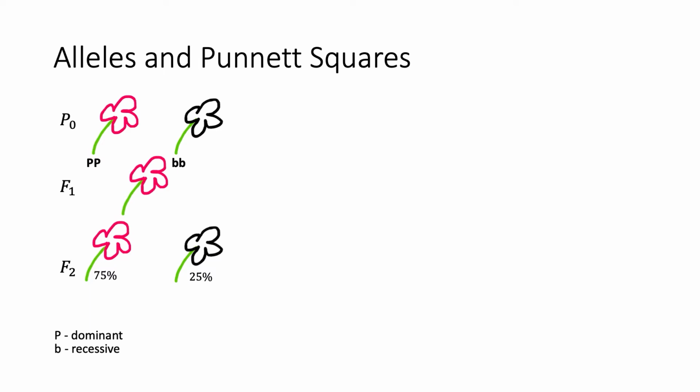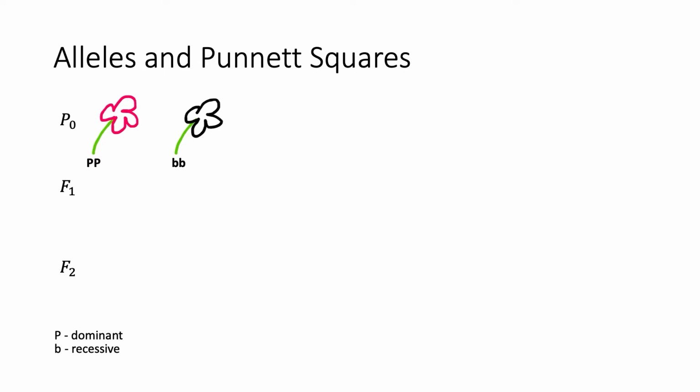Usually, the dominant allele is uppercase, as you can see at the bottom here, while the recessive allele is lowercase. So, in this case, the gene is flower color, and the dominant allele is uppercase P for pink, while the recessive allele is lowercase b for black. Okay, what I'm going to do is manually calculate the genotype and phenotype if I only had the first generation